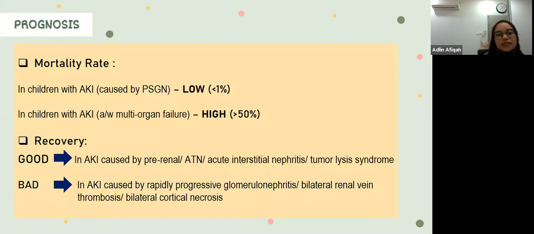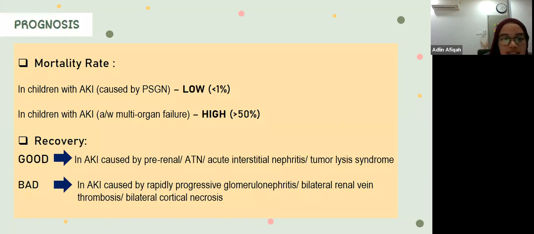So the prognosis for AKI patients: the mortality rate in children with AKI caused by PSGN is low. However, in children with AKI associated with multi-organ failure, it is quite high, which is more than 50%. For recovery